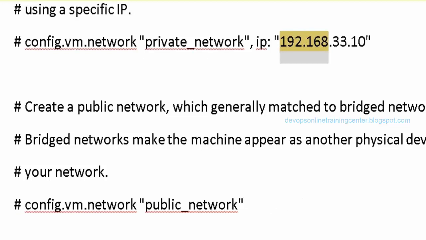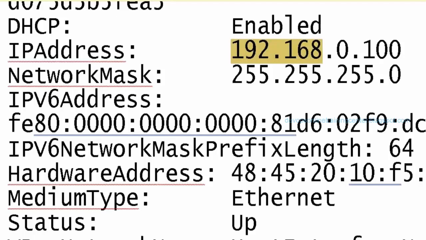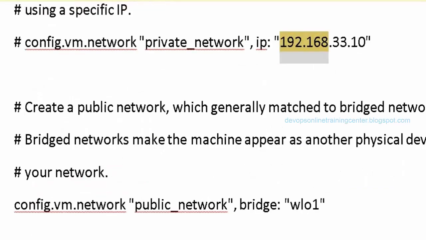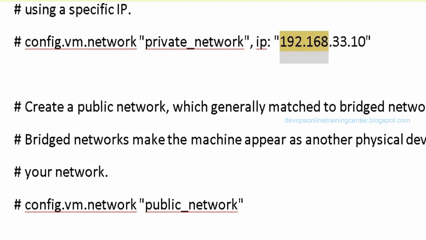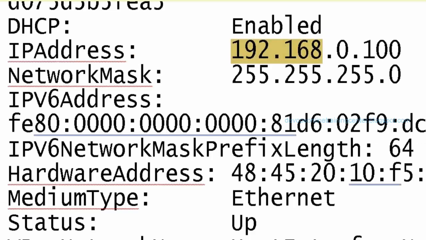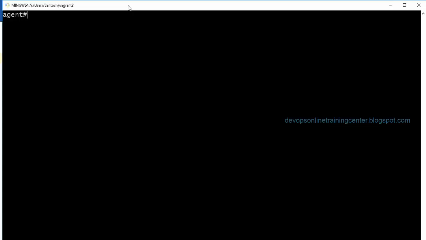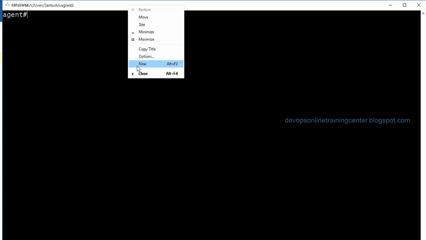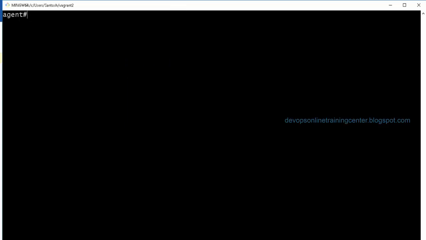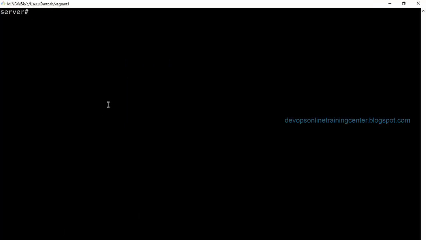Let me see the option. Using a specific IP. Create public network. Okay. I will try myself, and then I'll let you know. Yeah, you can try. Let me know if it doesn't work. Actually, there is an option to directly create it. I think this is there in the document also. In the Vagrant file itself, public network is there, right? There you mention one more field like ip equal to 192 something, and then it will pick up that IP. Oh, okay. Sure.